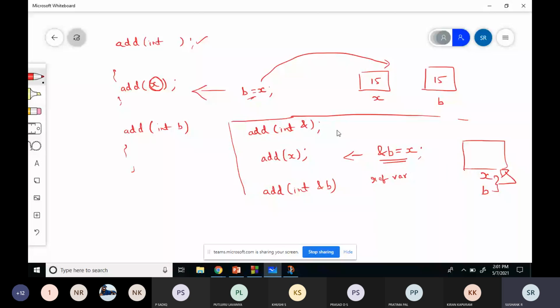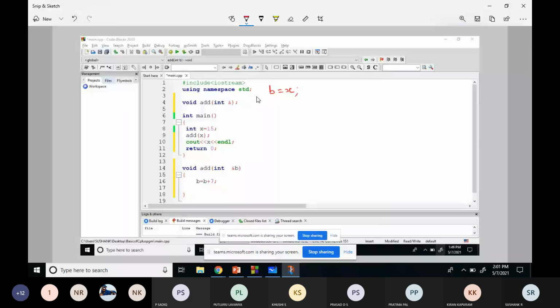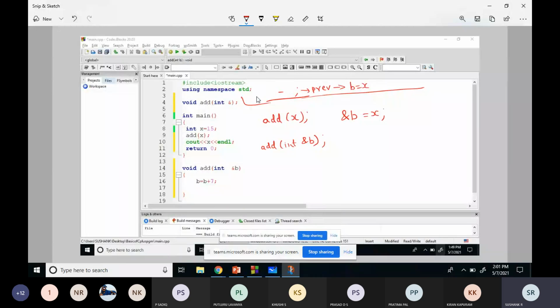Okay. Now the changes. Now you check the changes. Now here, address of x, but address of integer b, ampersand of b. Earlier, for the previous example, it was b is equal to x.